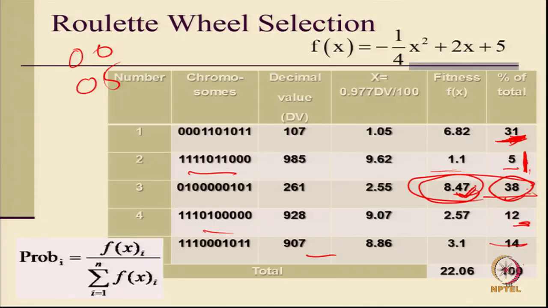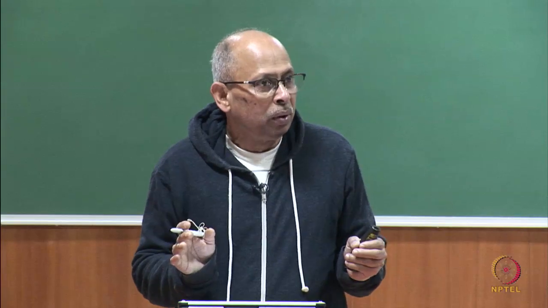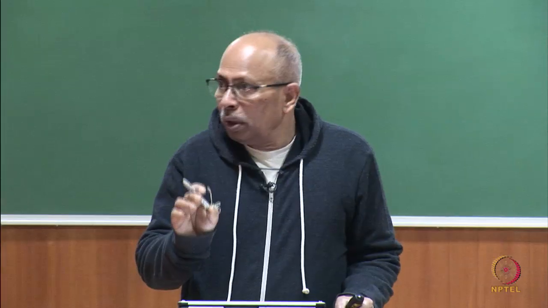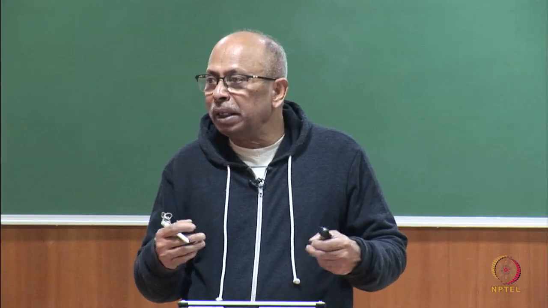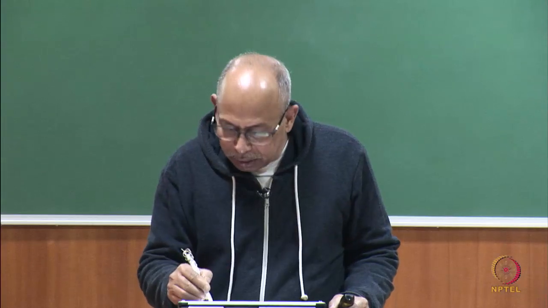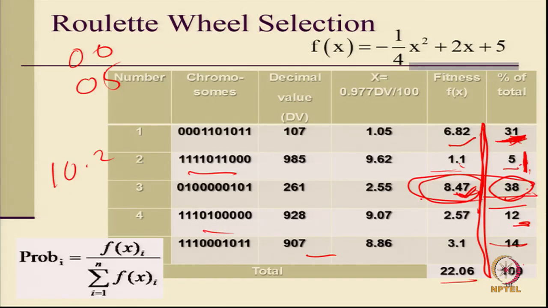So this will be repeating itself 38% of the time, this will be repeating itself 31% of the time, and the one which is small has a small fitness value. So what I am doing is summing up all the fitness values. The largest fitness value will have this percentage highest. Supposing the sum total was 22.6, and this one was 10.1 or something, then 10.1 divided by 22 would mean more than 50% chance that I will select that. So whichever has the highest value here has the maximum chance of being selected.